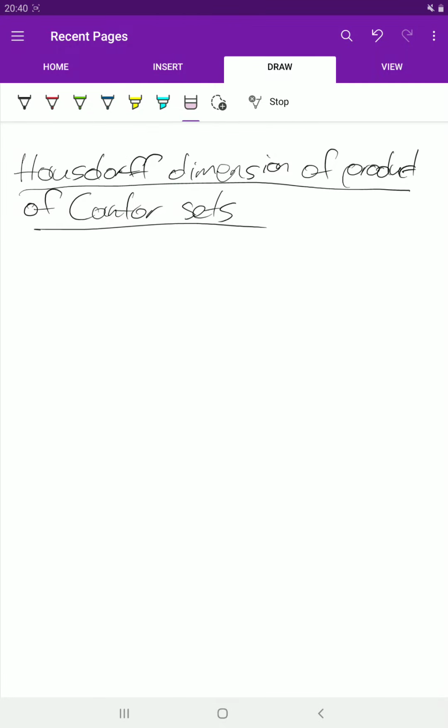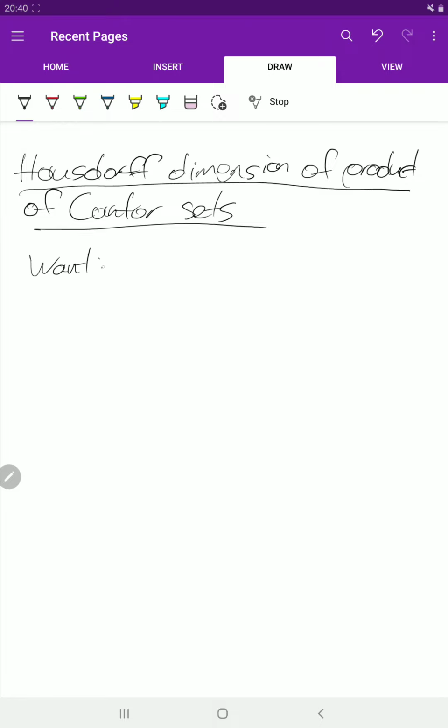Hello again. This time we'll talk about the Hausdorff dimension of the product of two Cantor sets again. Last time we saw an upper bound for the Hausdorff dimension, and this time we'll see the lower bound. So what we want to show is